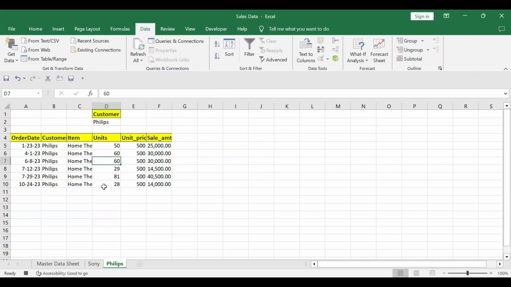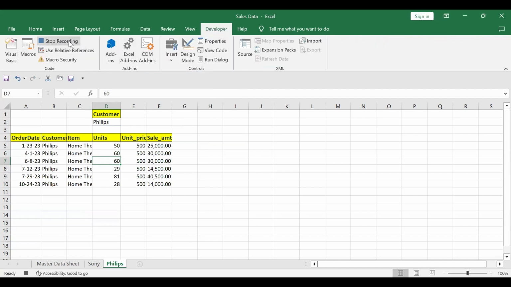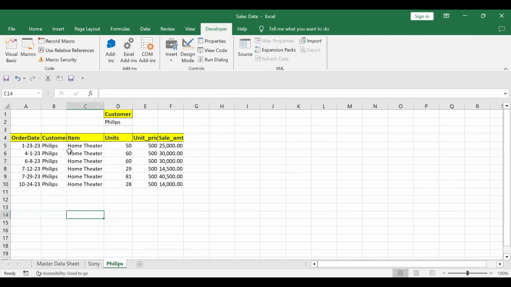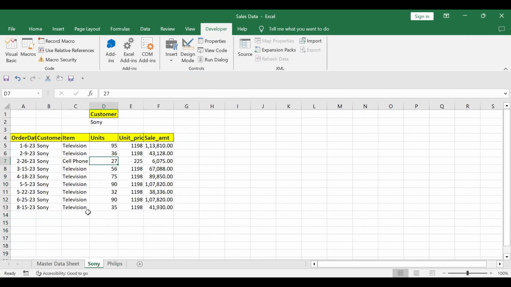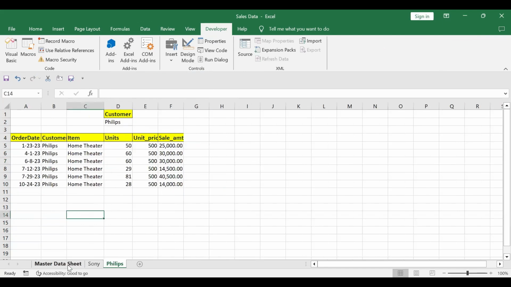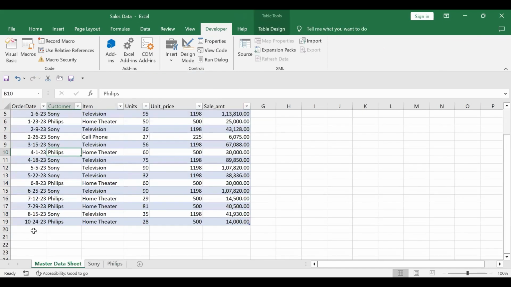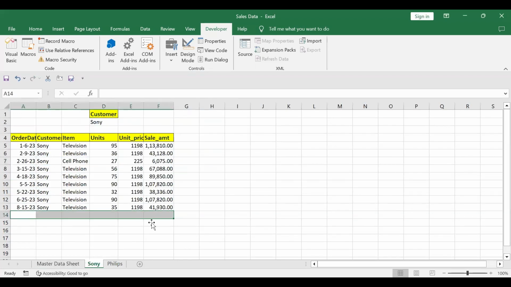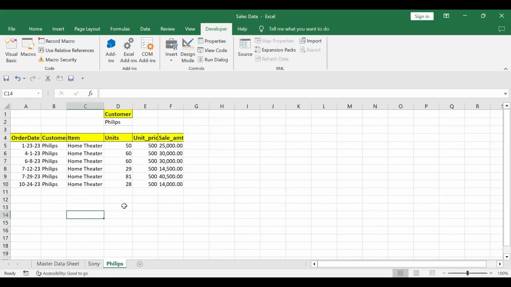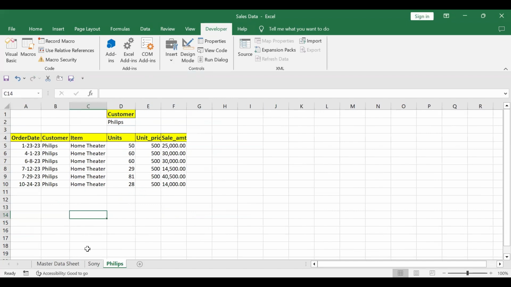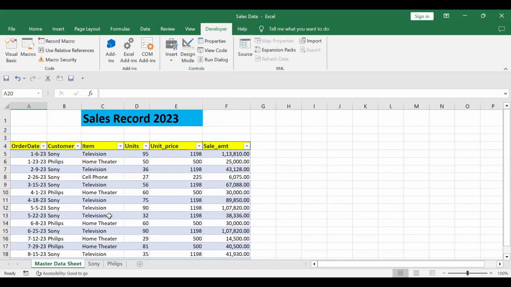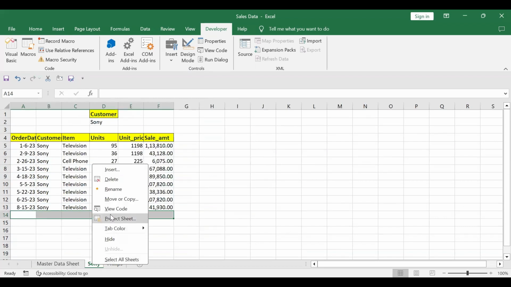So the data got filtered for the Philips customer. Stop recording. Now we have the data filter for the Philips customer and the Sony customer, right? But we need to transfer data. Whenever we add any entry over here, it should automatically go to the Sony customer or the corresponding customers, right? So what you have to do is go to this sheet again, click View Code,